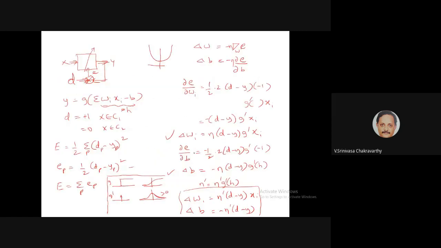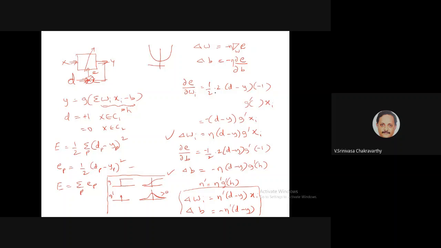So we said the update rule, or the weights, is derived by minimizing the output error. If this is the output error, E = sigma (dp minus yp) whole square, then like I said, we train the weights and bias by using gradient descent. That means negative of del E with respect to W, or del E by del B. So if you do the algebra, as it's done here,